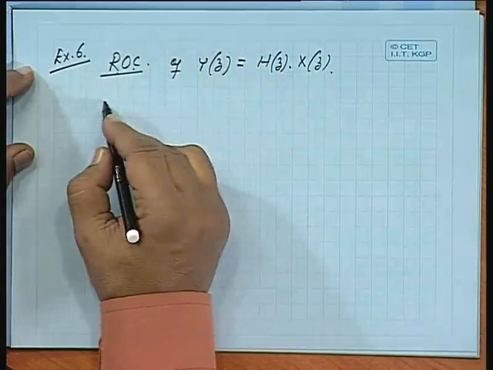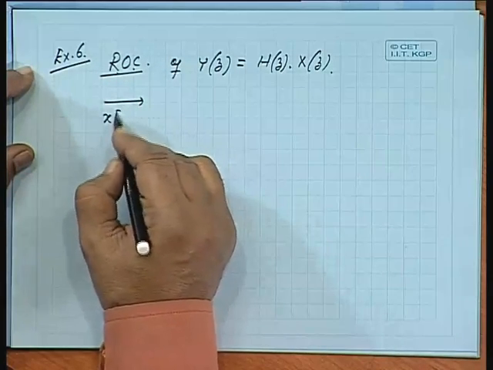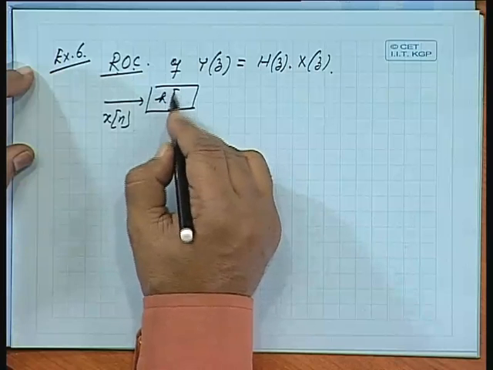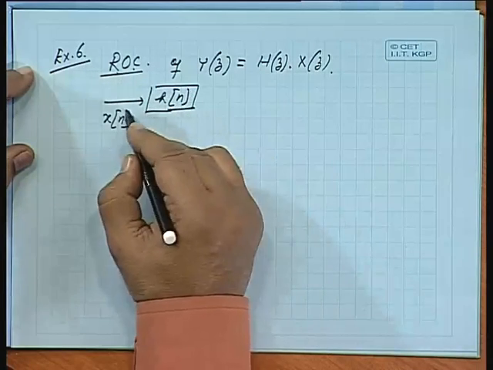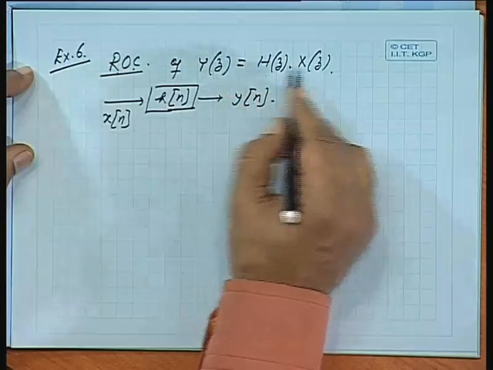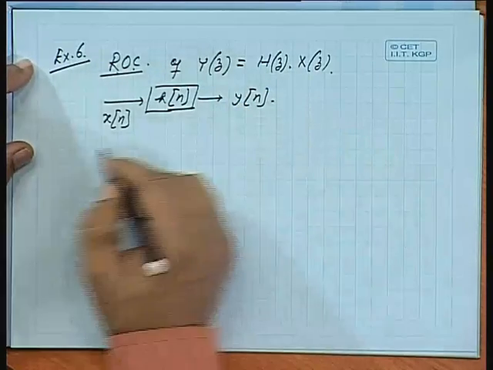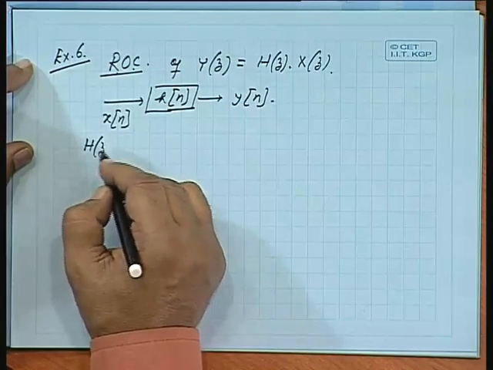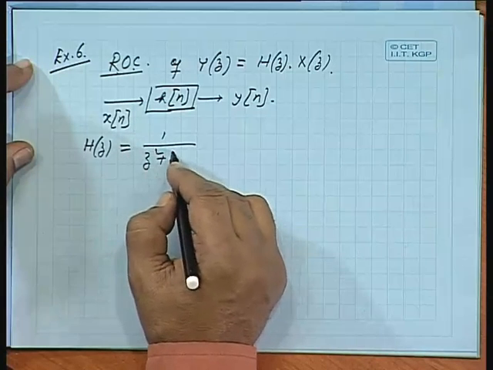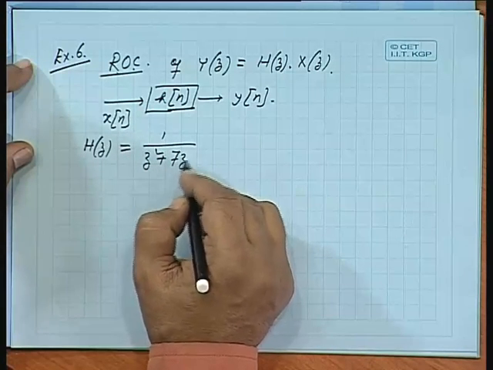That is, you are having XN and HN convolved, output is YN. So, in the Z domain it will be like this, where HZ is given as 1 by Z squared plus 7Z plus 10,